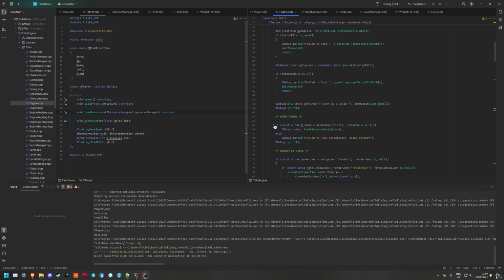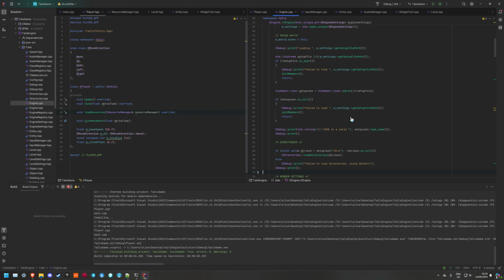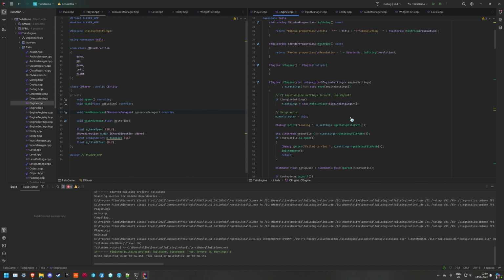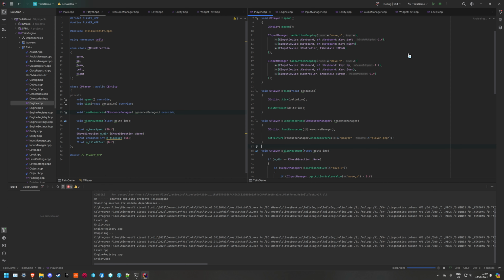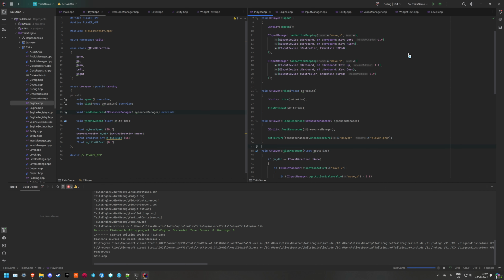Yeah, directories. We load directories from the JSON, meaning we need to find an actual JSON file for it to do that. But we create a texture here. We also want to just set texture from it, like that. So if we compile it now, it should compile just fine, but it might crash